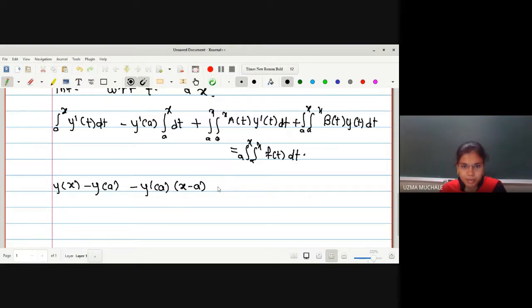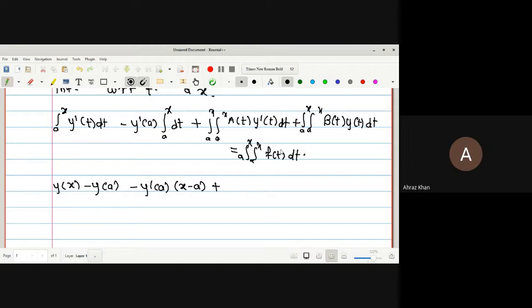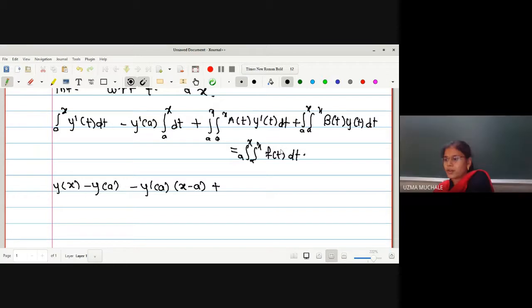Okay, plus these terms we can solve by using multiple integration converted to a single integration, right? So what will be the resultant by using that condition, multiple integration converted to single? Say x minus t raised to 2 minus 1 upon 2 minus 1 factorial into a of t y dash of t dt. A of t y of t dt. Wait.